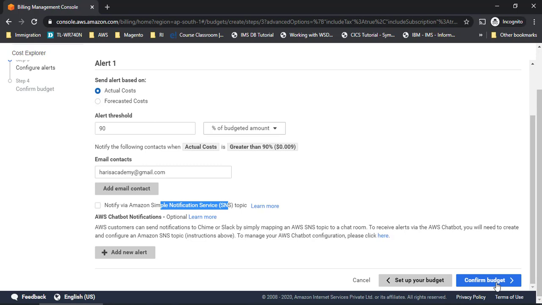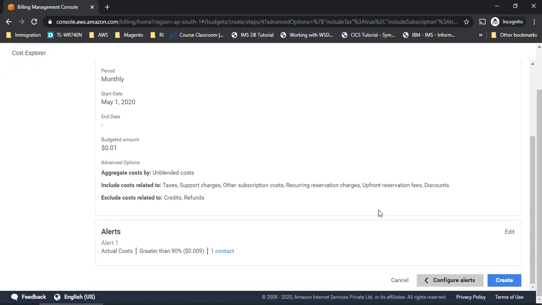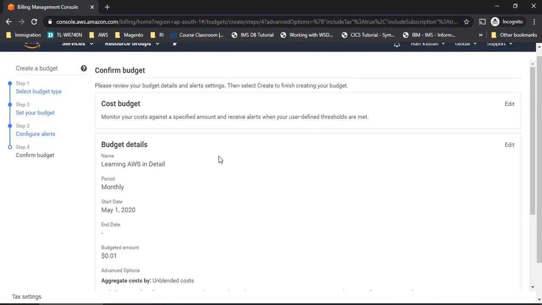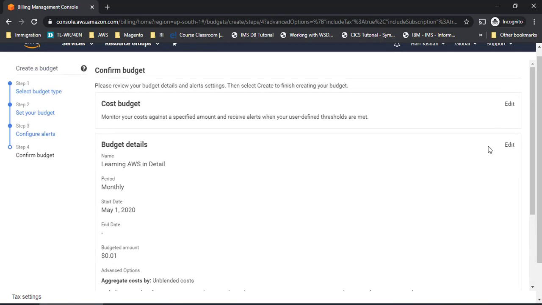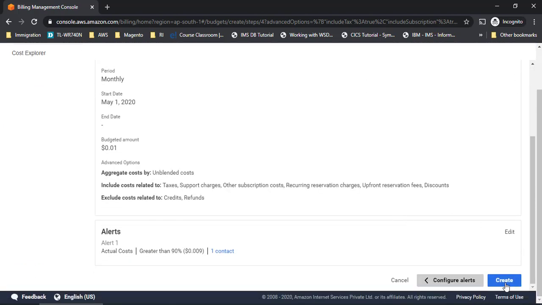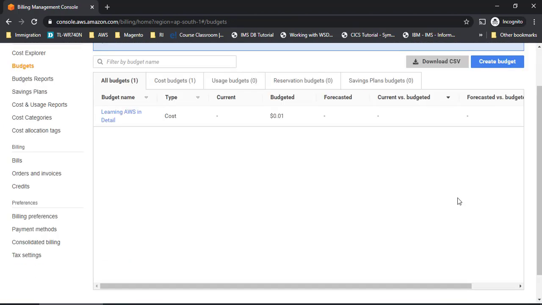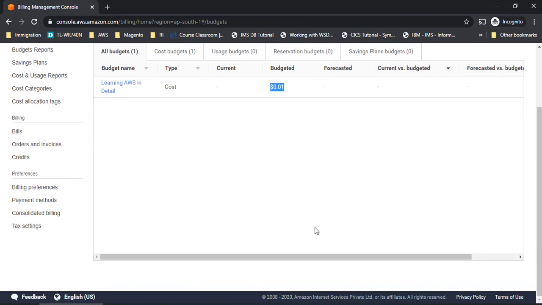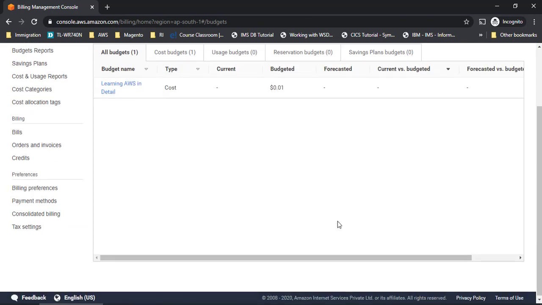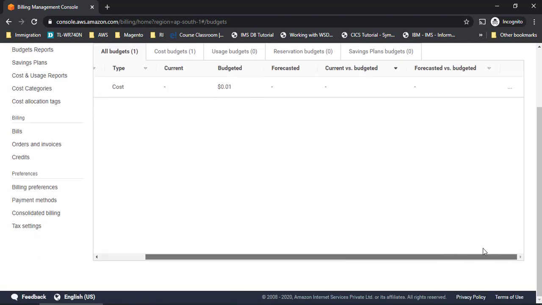Now I'll click on confirm budget, right? You can see all the options which you have set, whether they are correctly mentioned here or not. If you want to make any changes, you can go to the edit button on every section and then do the edits. Now I'll go and create it, right? So now you can see this is the budget which I have set, right? And this is the budget name which I have given, and you will get alerts once you reach the budget amount, right? So